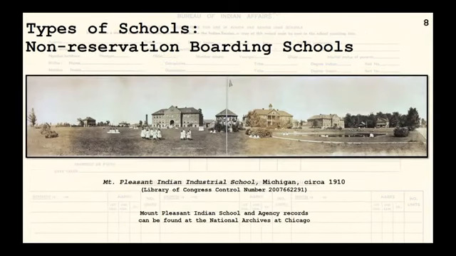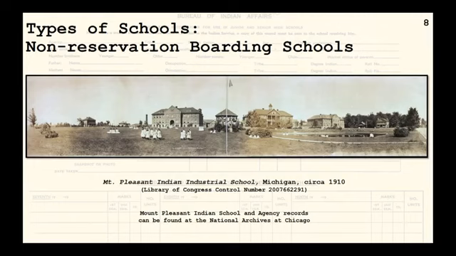So let's dive into the type of schools and start with the most well-known, the non-reservation boarding school. These were built apart from reservations, often at former Army fort sites, and operated independently of BIA agencies, reporting directly to the BIA commissioner, and at times, as seen in both Michigan and New Mexico, superintendents of these schools would also be put in charge of nearby BIA agencies. For these reasons, these schools alone will often have their own dedicated record series in our collection, and so are the most researched and referenced. The student body was also often diverse, with students from a variety of tribal nations.